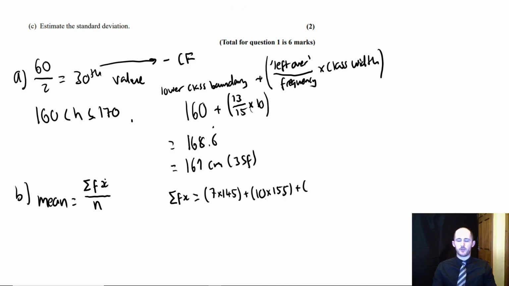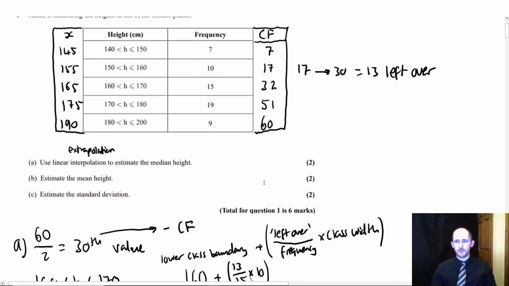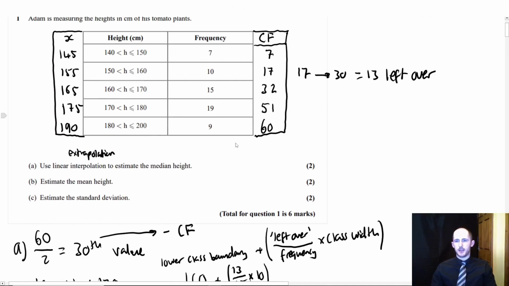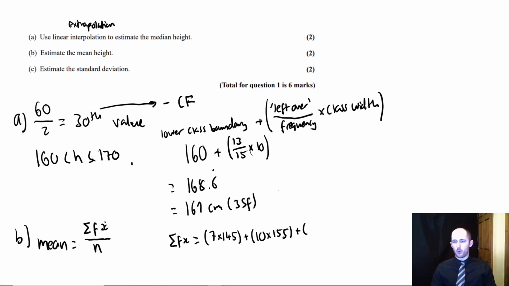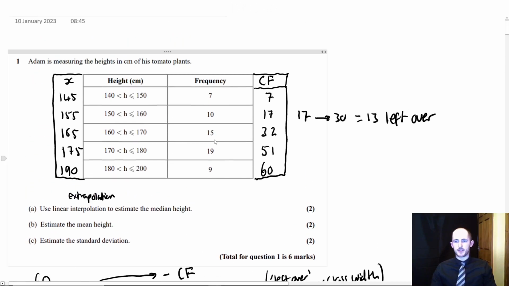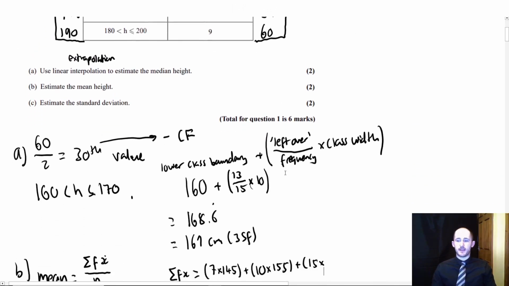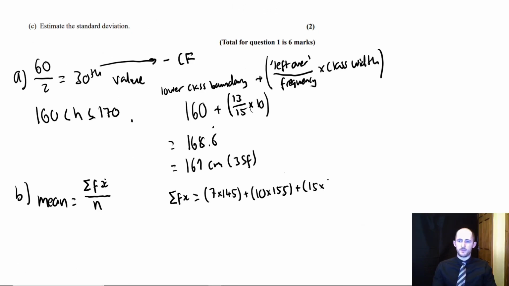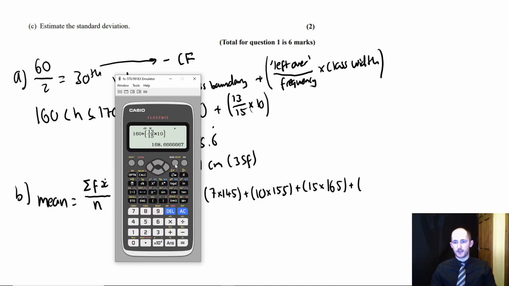Now, I think there are some of you who are wizards with a calculator and might be wondering why I'm not doing this in the calculator. Keep in mind, doing it all on the calculator, using the method, is not the best practice, because if you've done anything wrong, you'll get 0 marks. At the moment, I'm at least getting method marks. For those of you that don't know, on this standard Casio calculator, you have a